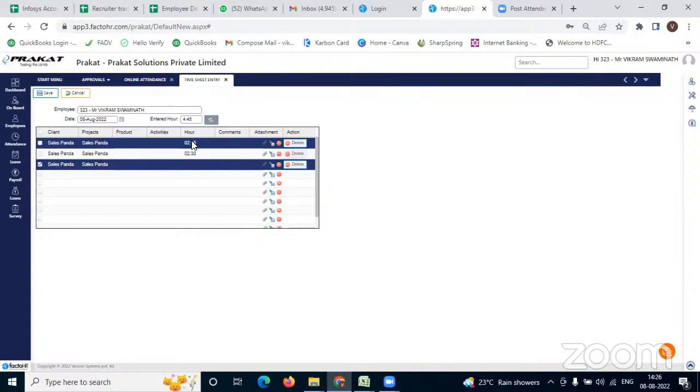A lot of energy is being wasted on telling people to update the timesheet and getting it on time, because you all have to know that so much work goes in at the back end